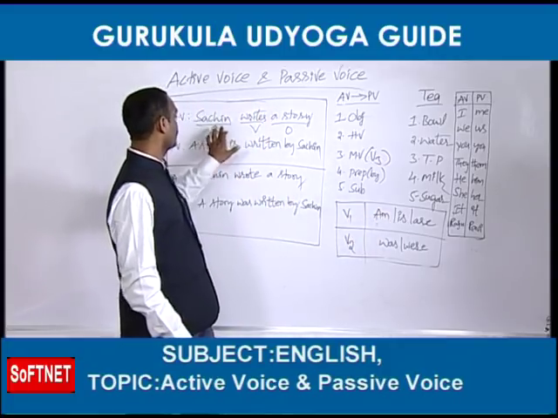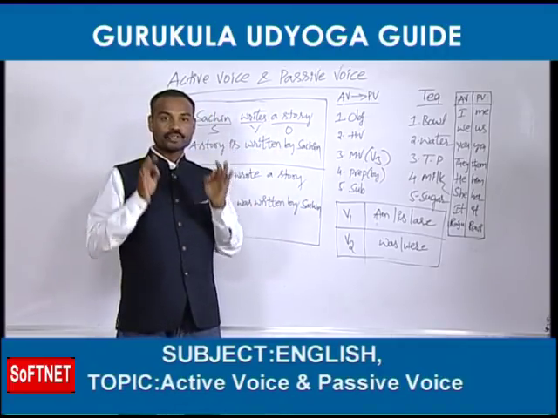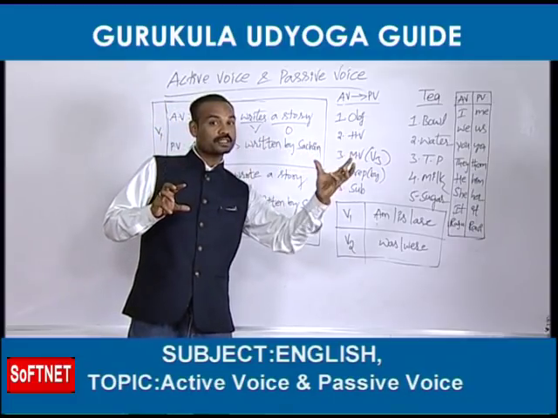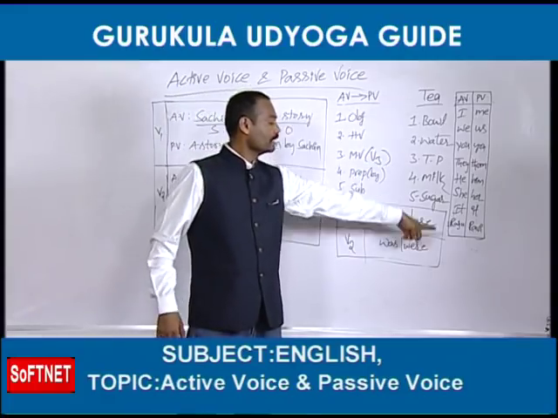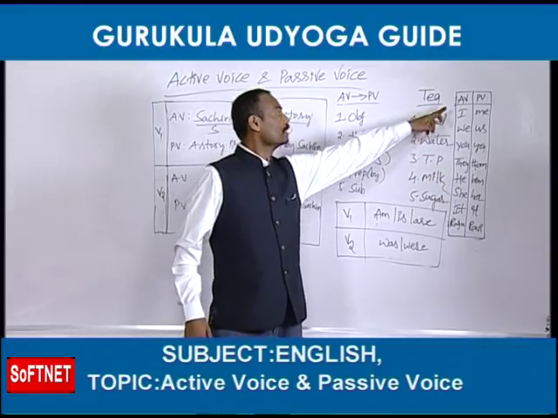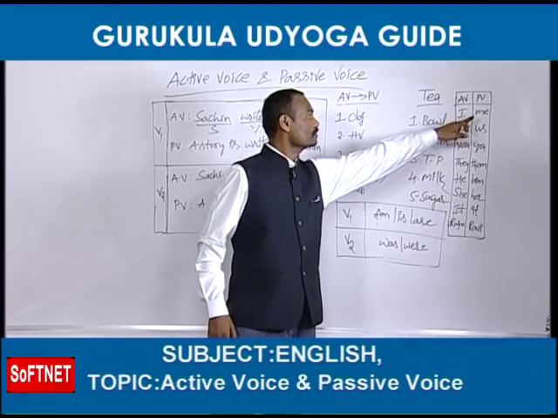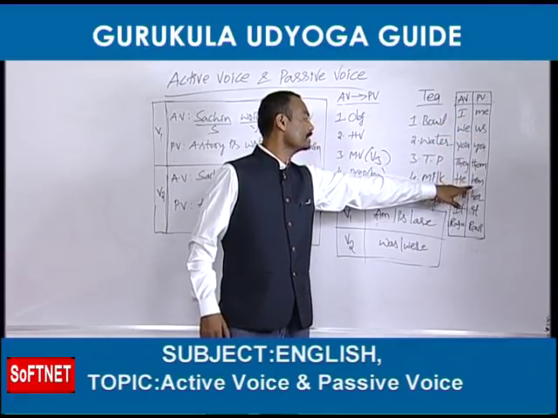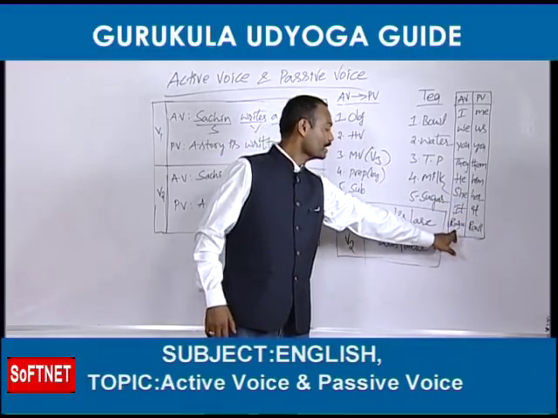Okay. For example, Sachin likes me. Imagine that I have written one example. Here me is the object. Me becomes I. I have written a list here, so, changes in pronouns, friends. When the active voice contains I, that should be changed into me. I becomes me, we becomes us, you becomes you, they becomes them, he becomes him, she becomes her, it becomes it. So, here Raj becomes Ravi.